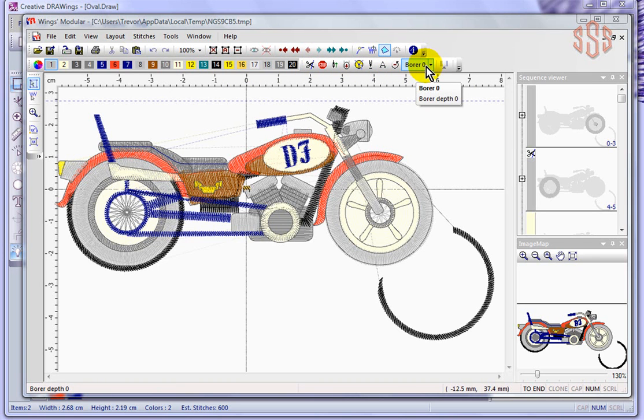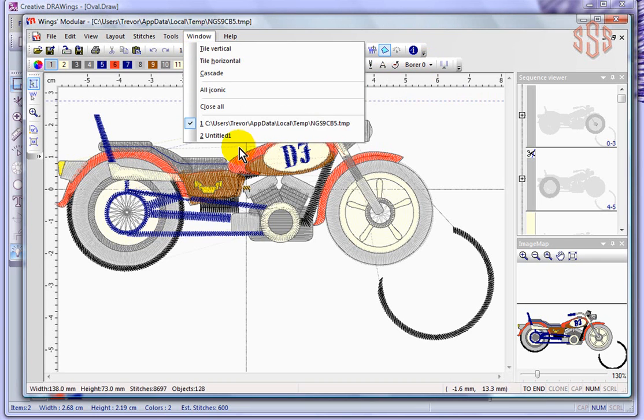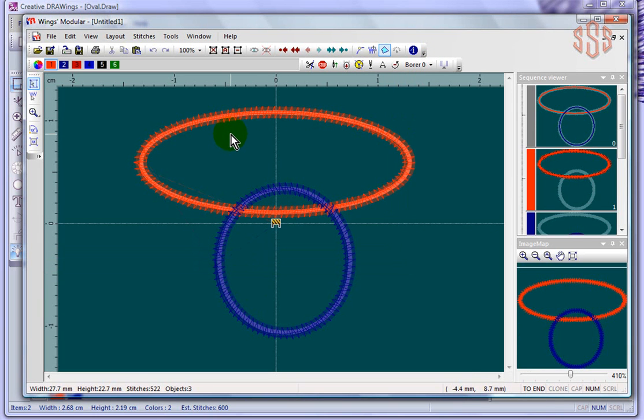Now, I haven't actually used all of these commands myself because I think they have different places or different commercial applications where you may want to use them, but certainly you could use this to insert a stop command or a thread trim command. And so to show you how you would do that, just as an example, why don't I just go over to the simple little ovals that we'd started with and show,